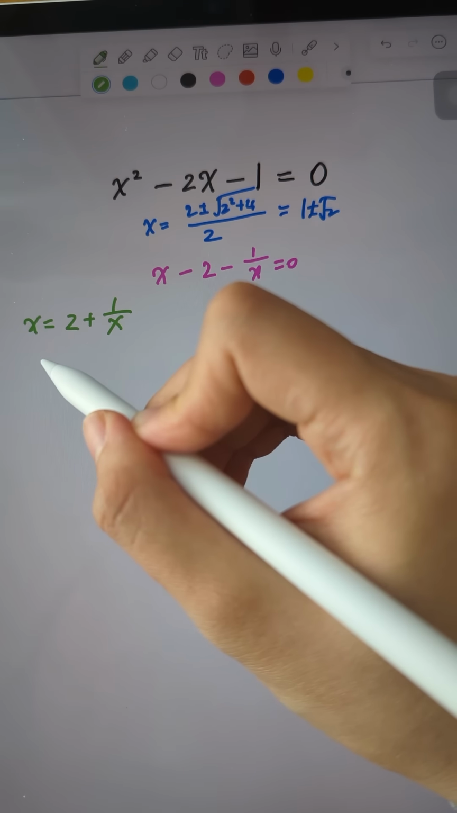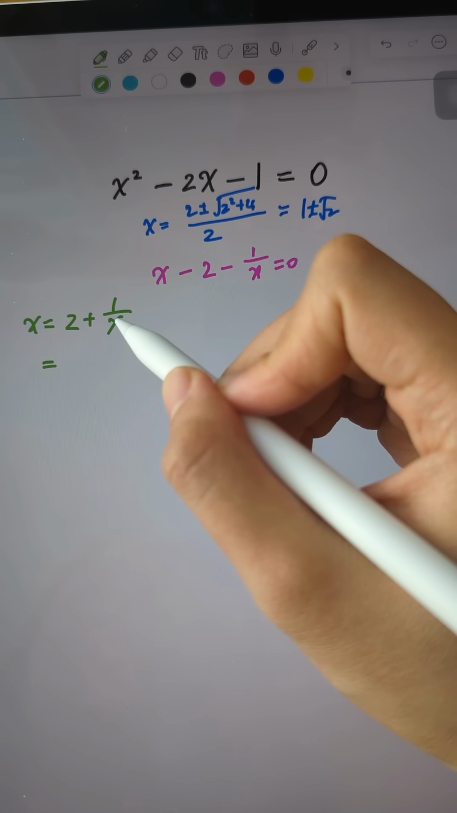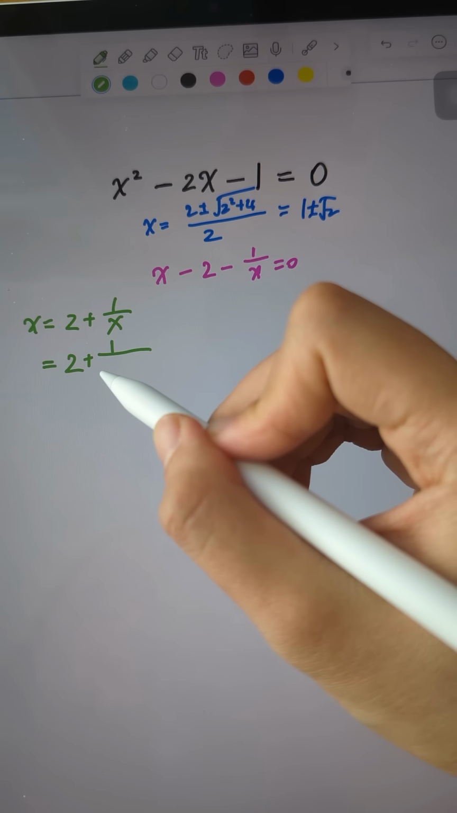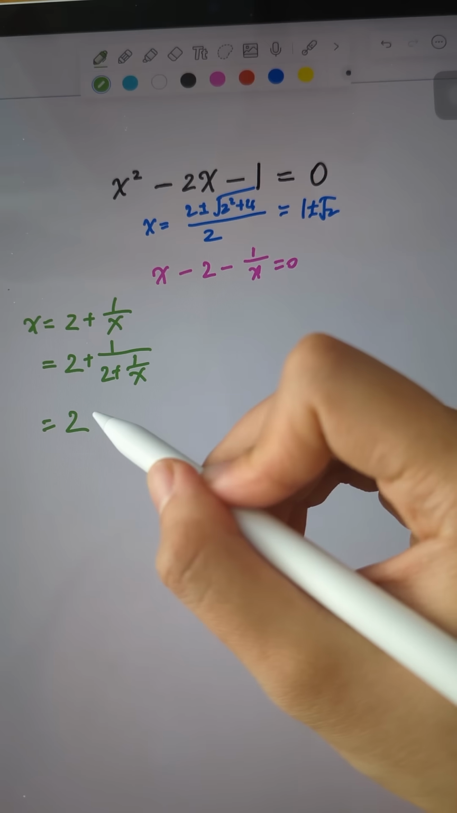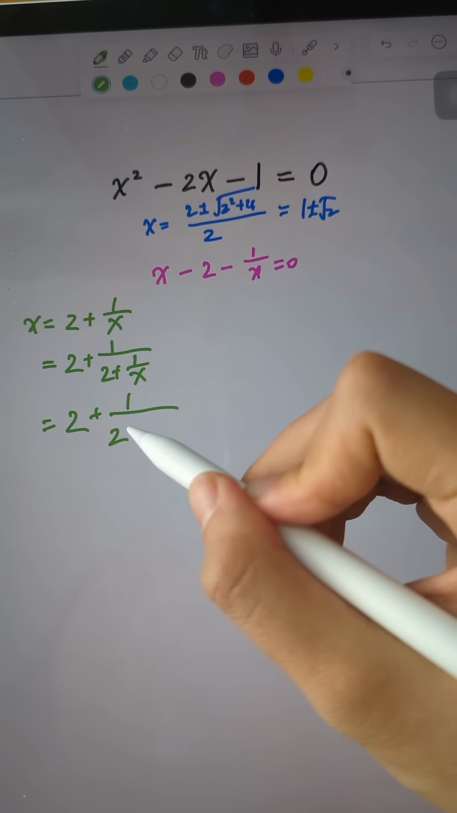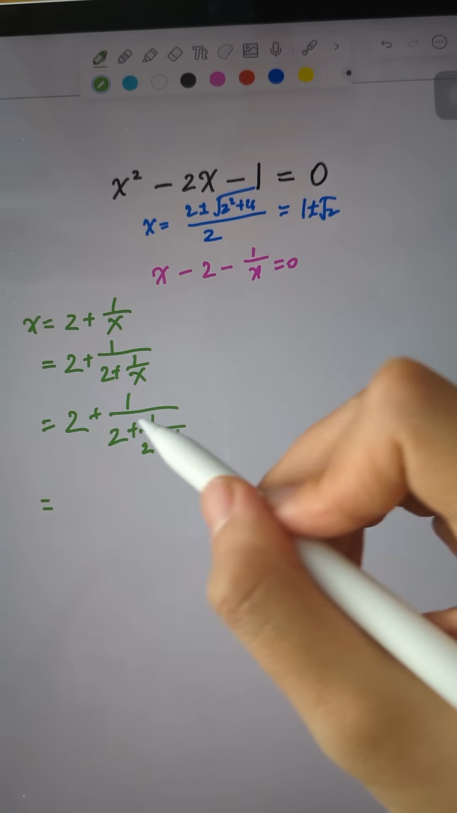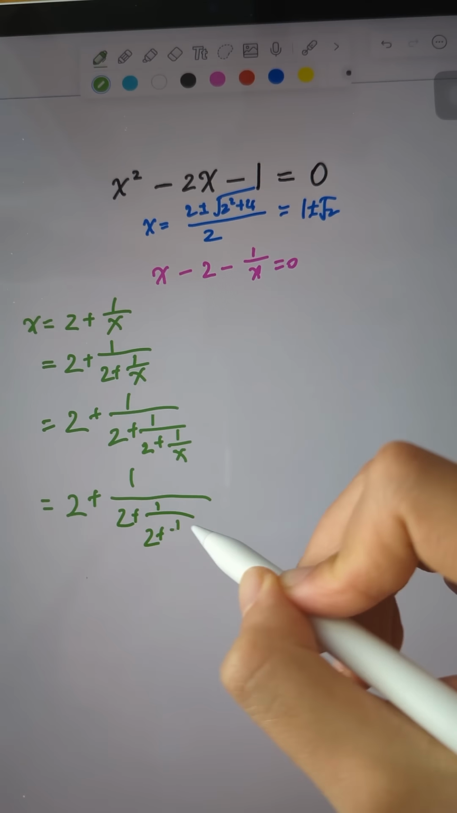And this is a very powerful formula because if you look at the right-hand side, there's x. So we can always substitute x by 2 plus 1 over x, which gives us 2 plus 1 over 2 plus 1 over x. Okay, x appears again, so it becomes 2 plus 1 over x. So it's getting longer and bigger. Let's continue. So it becomes 2 plus 1 over 2 plus 1 over 2 plus 1 over 2 plus 1